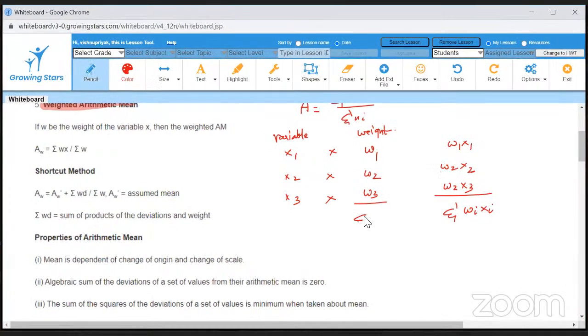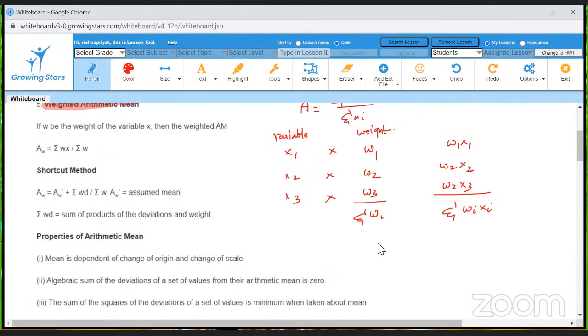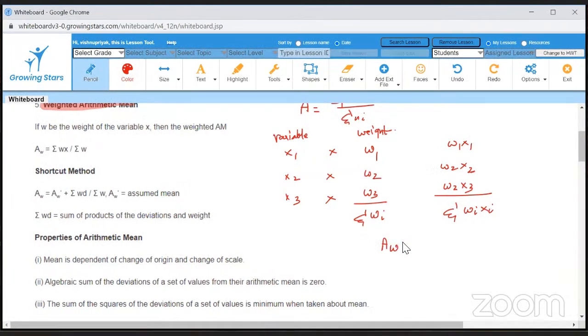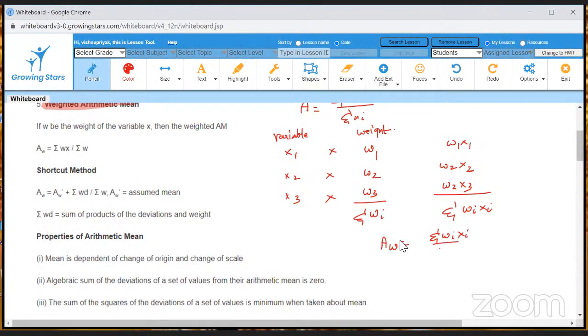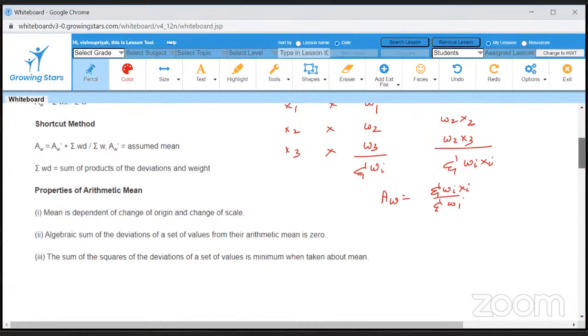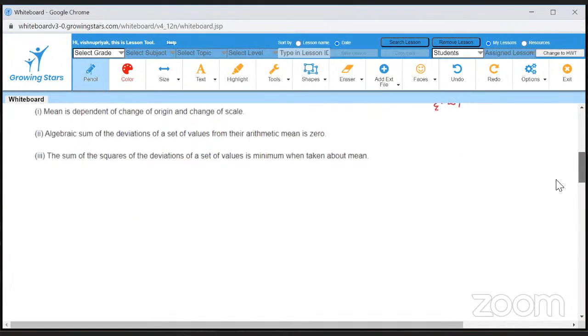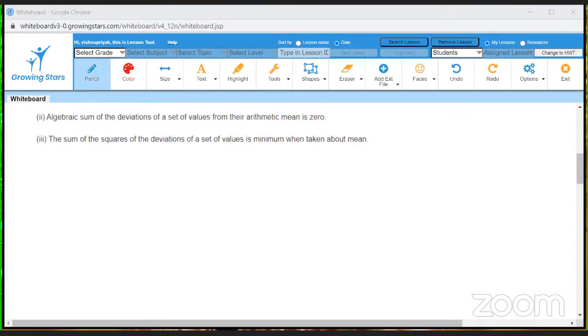You will take the sum of Wi also. And then the weighted mean will be sigma Wi Xi by sigma Wi. This is the weighted mean. Properties of arithmetic mean you need not learn, that is not important. Now we will go to